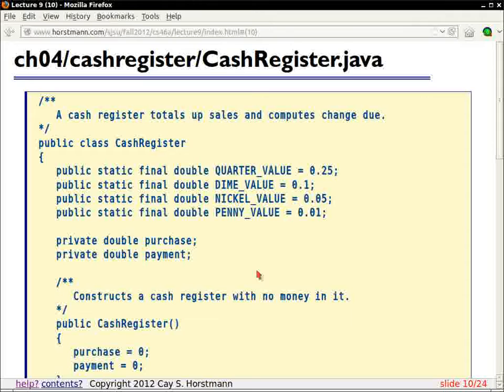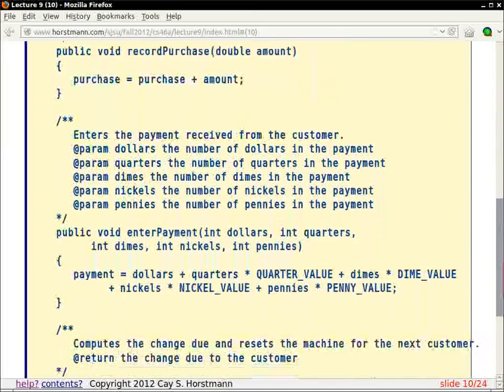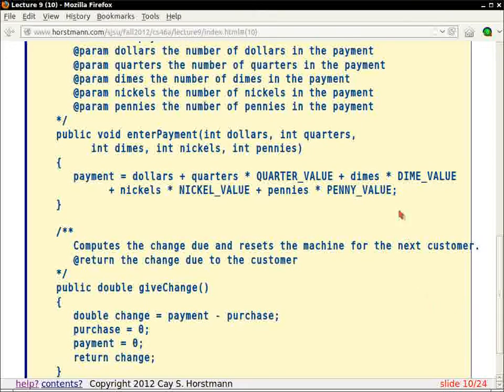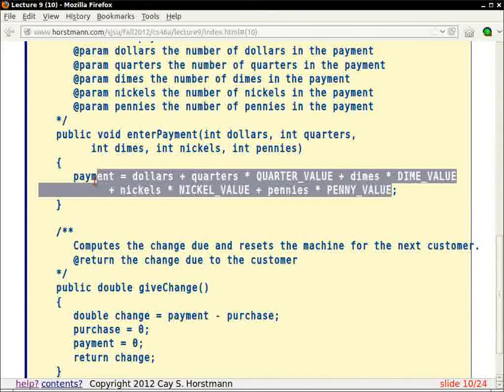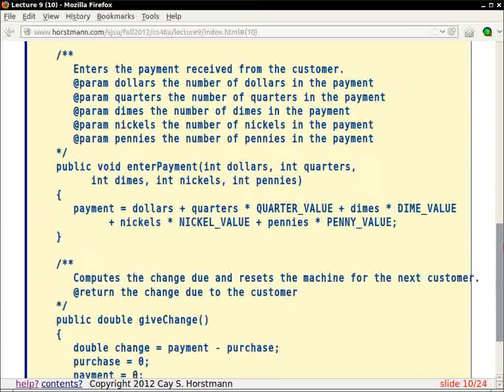So here I have a program, this cash register program, where you can see this in action. Up here I have a bunch of constants that are defined. By defining them up here, I can use them anywhere. Let's see if I actually take advantage of that. I really don't. In this particular program, the constants are only needed inside this method here, and so I could have equally well declared them just inside this method.